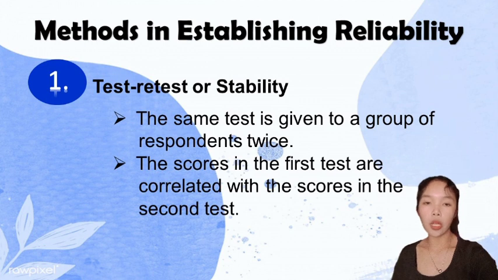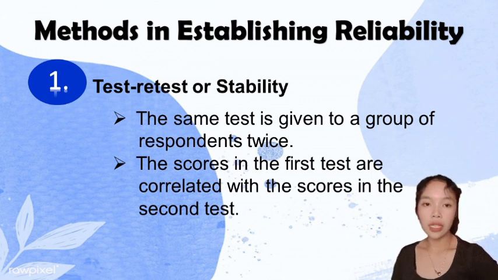Problematic here are the observations that some students may be able to recall certain items given during the first administration of the test, and the scores may differ not only because of the unreliability of the test, but also because the students themselves may have changed in some ways. Of course, we cannot assure that the respondents will give the same answers to the questions, and it is also possible that they remember their answers from before and then just repeat them. So, because of that,